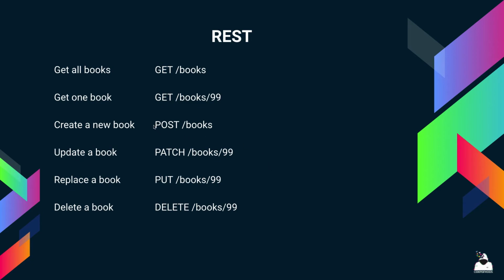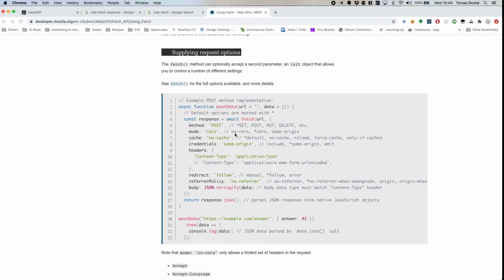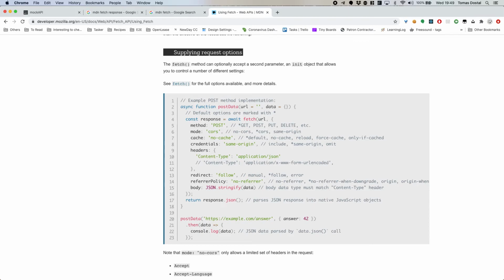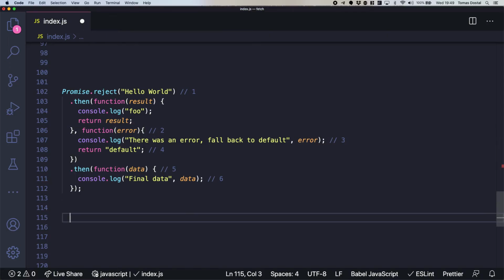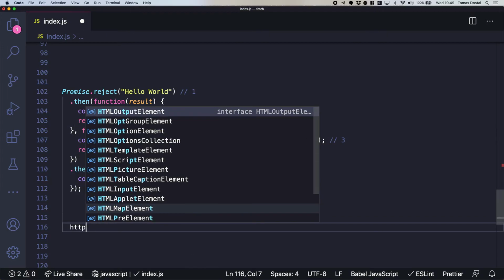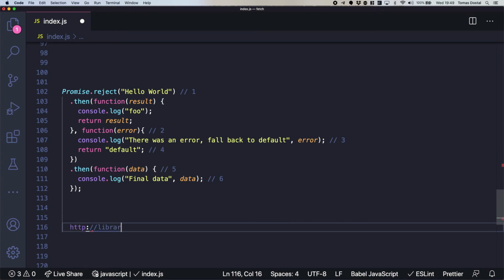So, for example, if you're posting a new book, if you're creating a new book on the server, you would say, this is my URL, which might be, let me just open the editor, something like http library.com/api/book. So this would be a POST request to create a new book.